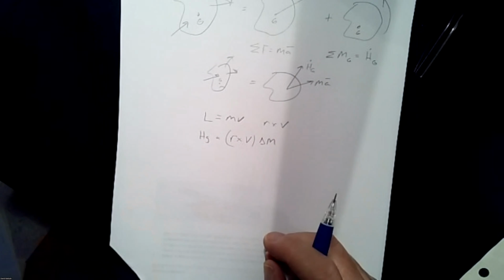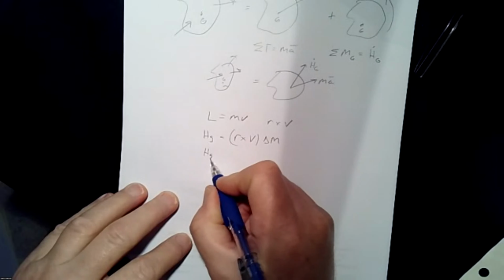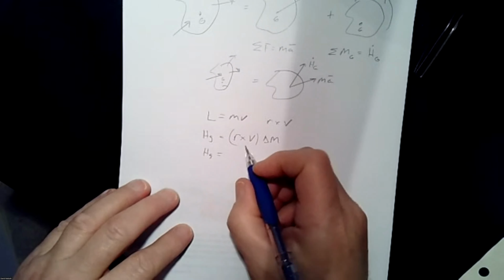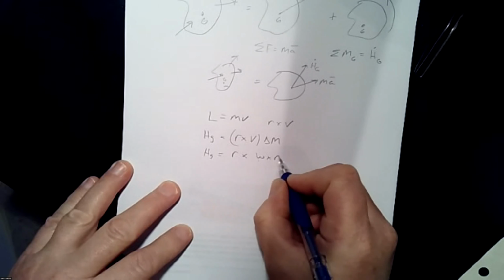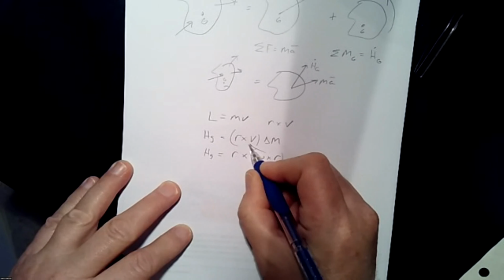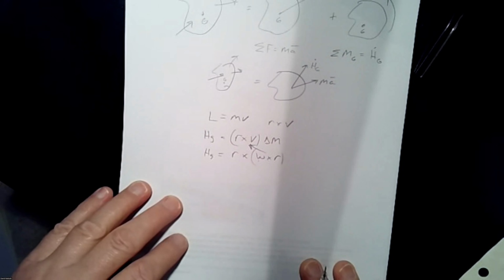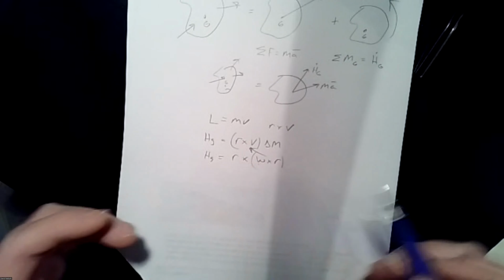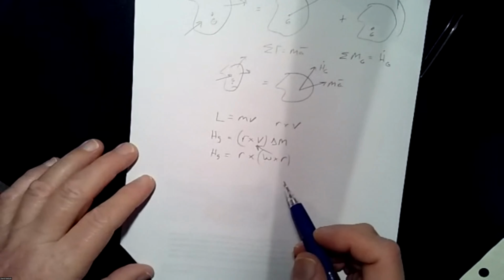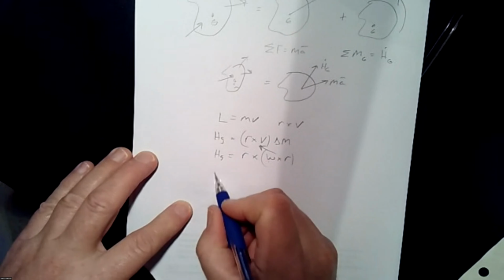All right. So where do we get that from? We got that from, we keep going, we have r cross omega cross r, since that is this. Okay. So angular momentum is really saying that if we take our linear momentum and it's the moment of momentum, and so if we sum all this up, we end up with H G,